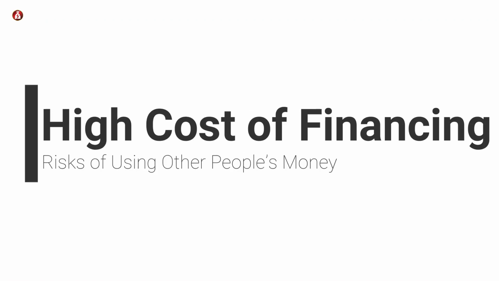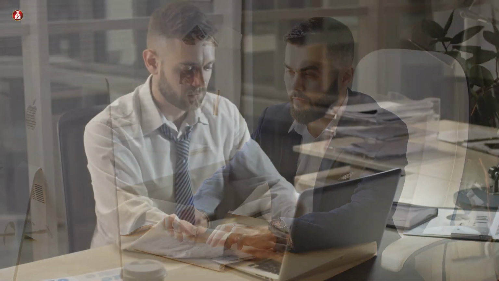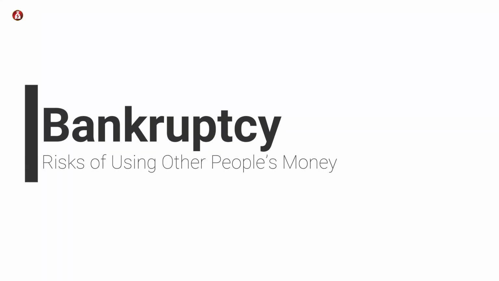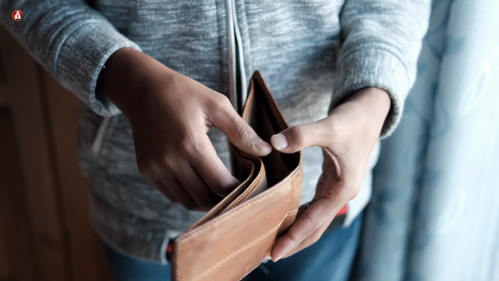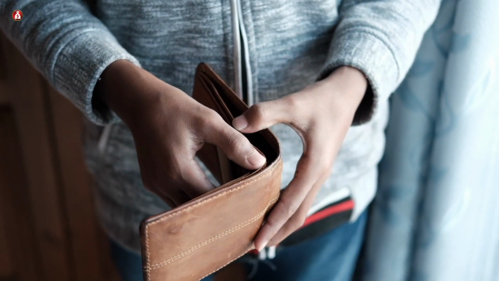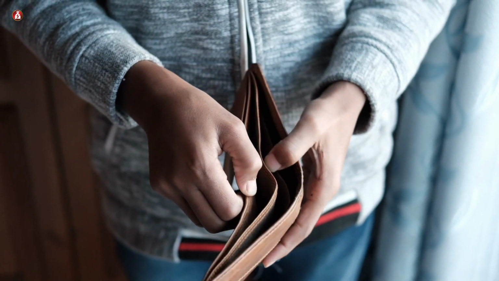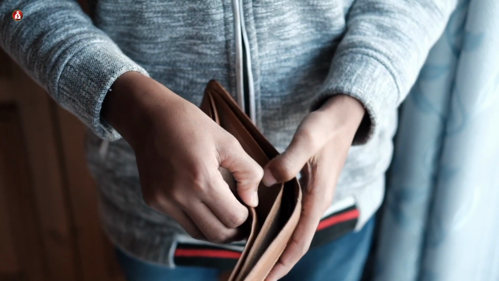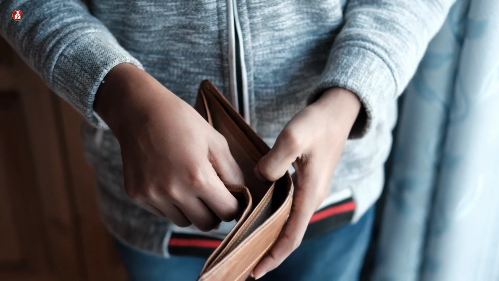Number 3. High cost of financing. Obtaining a loan from a financial institution to finance your business has an associated expense. The interest on the loan may be considerable, increasing your indebtedness, especially if your firm suffers a loss. For example, if your rentals are not yet completely filled, the mortgage loan payback may be costly. Number 4. Bankruptcy. Using other people's money to fund your business increases your chances of bankruptcy due to financial difficulty. You may find it challenging to pay creditors, especially if the firm is new to the market.